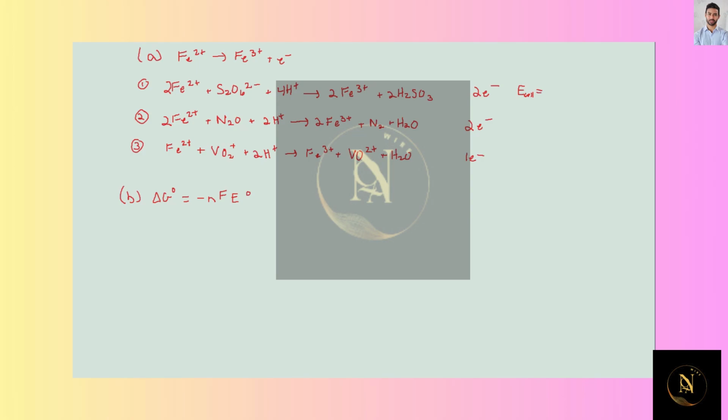And that's going to be, they give us the reduction potentials there, and so remember E cell is equal to the reduction potential for the reduction reaction minus the potential for the oxidation reaction. So I'm just going to use the numbers up there in this first one. So the iron is the oxidation in each case, so it would be the S2O6 value minus the iron value. So for this first one, my E is negative